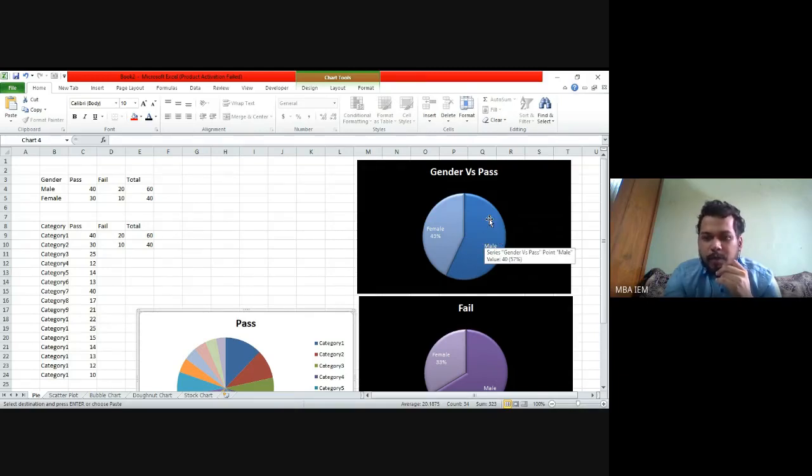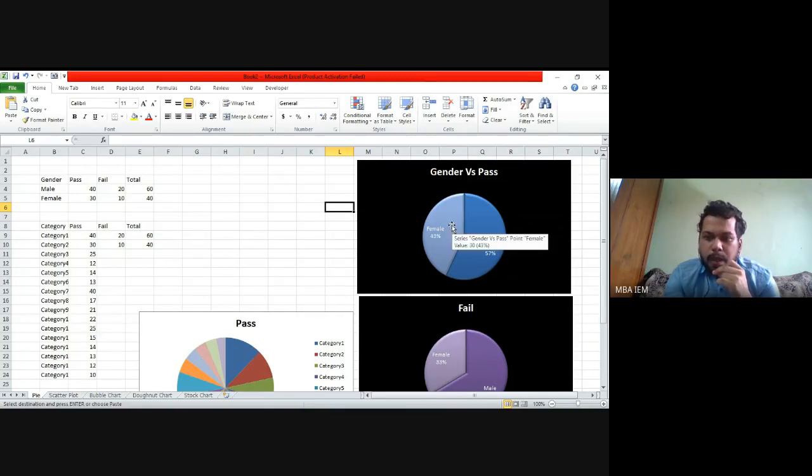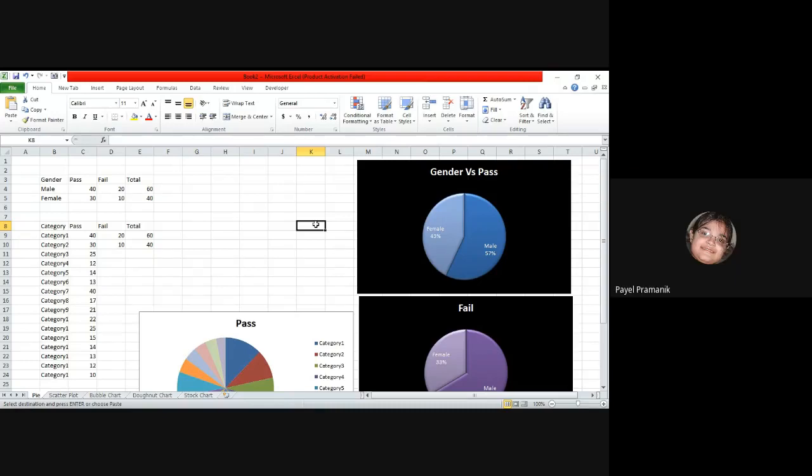So based on these kinds of analysis we can do. This is basically the interpretation, that out of the dataset, there is a predominance of males passing the exam rather than females. So this is called the interpretation. In every question you need not only visualize, you have to also provide an interpretation of that visualization. Based on that visualization, what can we infer? Okay, is it clear? Yes, sir. Okay.